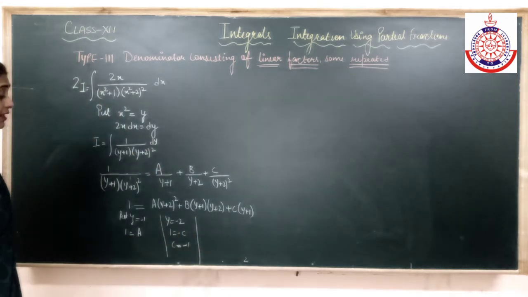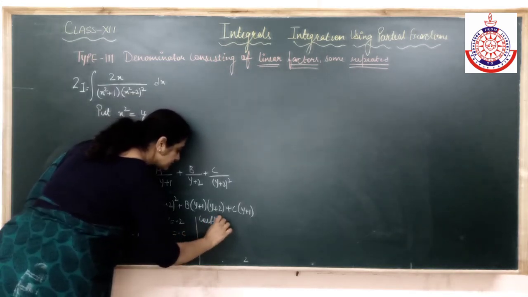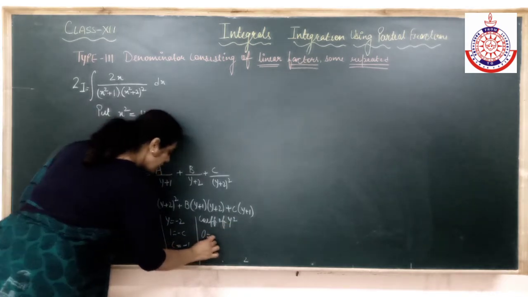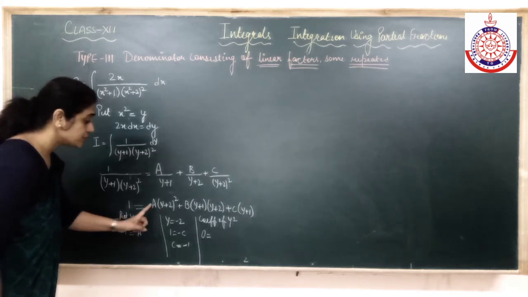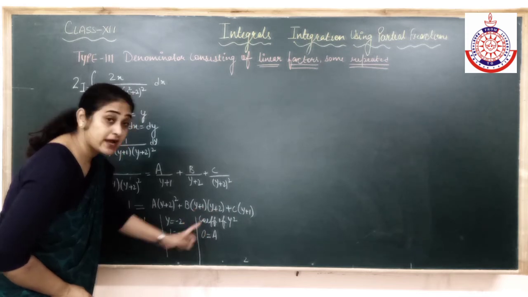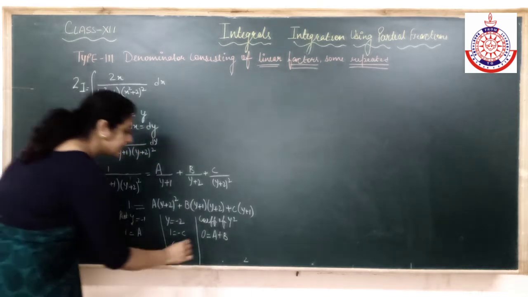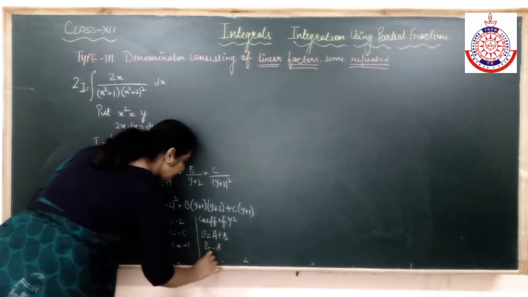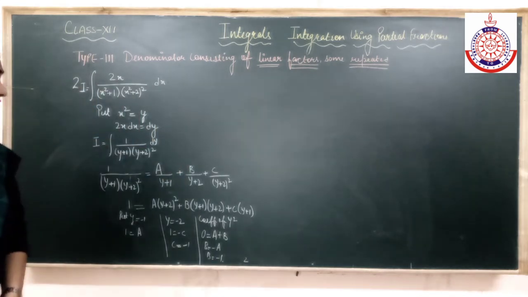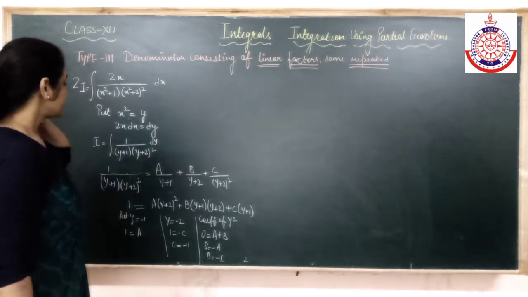Now I can compare the coefficient of y square. Here there is no y square, so it's 0. Here when I open it, it will be y square into A, so the coefficient of y square would be A. Here, when these two terms are multiplied, y into y square, the coefficient of y square would be B. So B is equal to minus A. I have got the value of A, so B is equal to minus 1. Alright children, so we got the values of A, B, C. Now it's very clear, we have done so many questions. It's the same type. Now put the values.